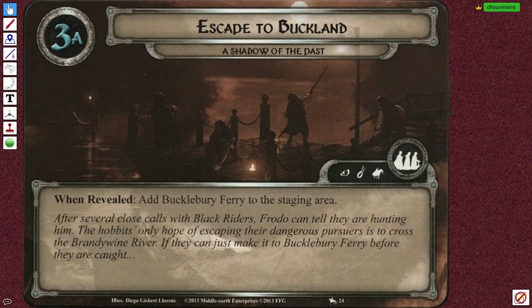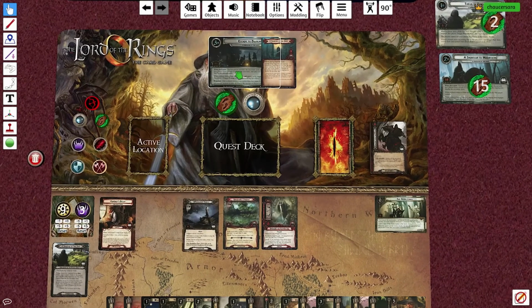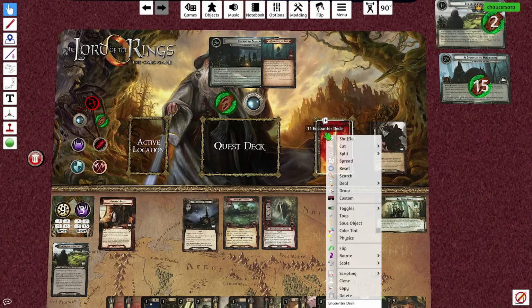After several close calls with Black Riders, after hiding like 20 people behind a tree, Frodo can tell they are hunting him. The Hobbit's only hope of escaping their dangerous pursuers is to cross the Brandywine River, if they can just make it to Buckleberry Ferry before they are caught. When revealed, the first player searches the encounter deck and discard pile for a Black Rider, reveals it, cannot be canceled, and adds it to staging. Okay, let's look for another